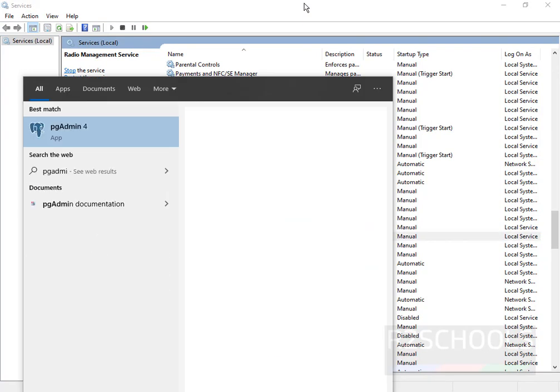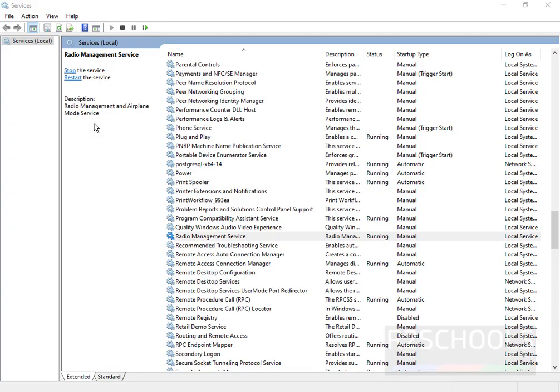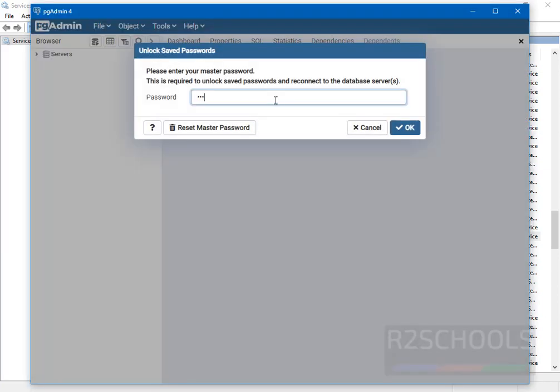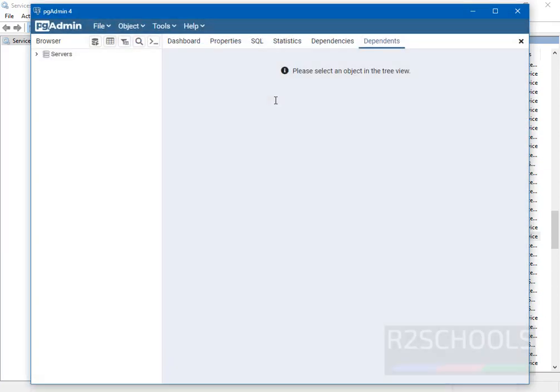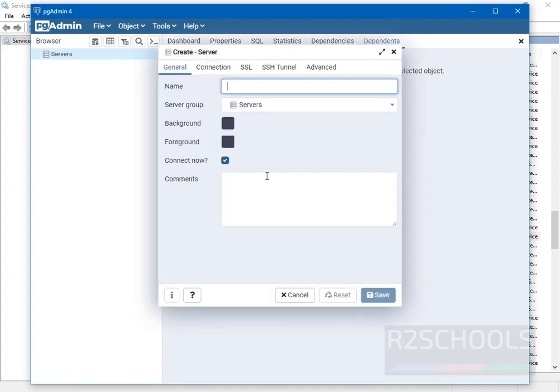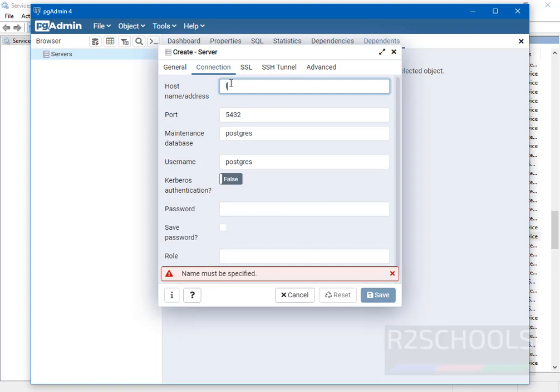Search pgAdmin. Then click on pgAdmin 4. pgAdmin is the graphical user interface tool to connect to PostgreSQL server. Now click on servers and select server. Here host address is localhost and port number is 5433.